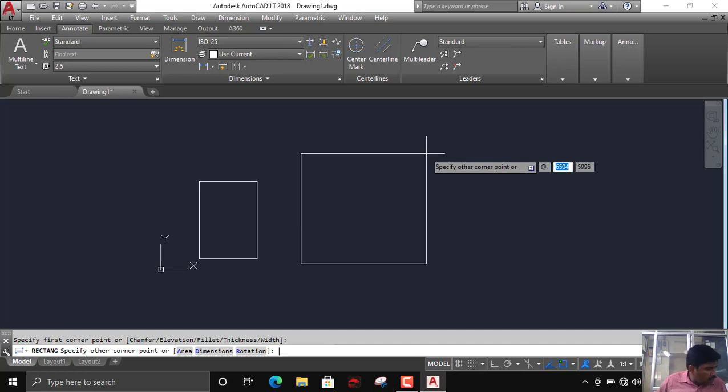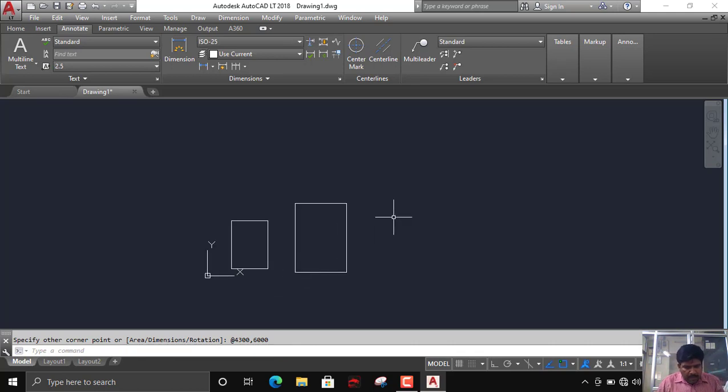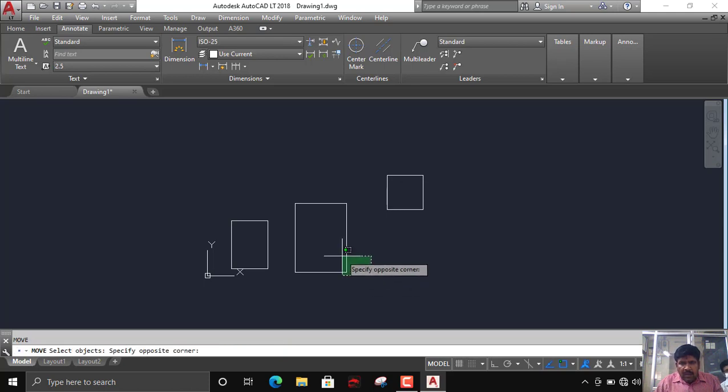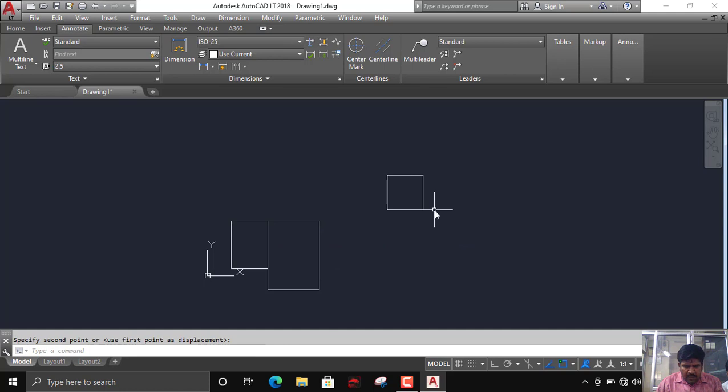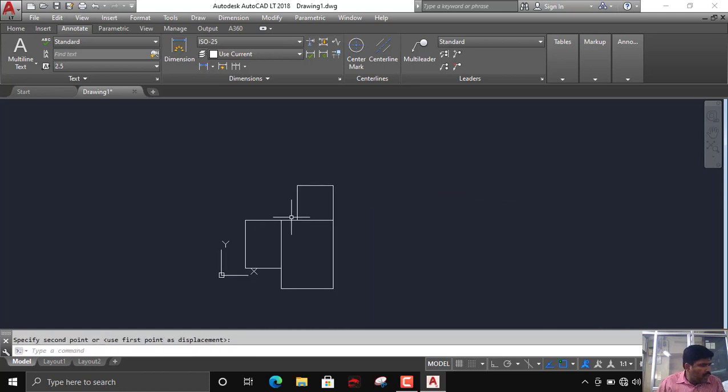Second rectangle, the room, is 4300 comma 6000. Second room, right? Next I have the kitchen of 3000 comma 3000, right? I will just move this here. This is what the plan is.